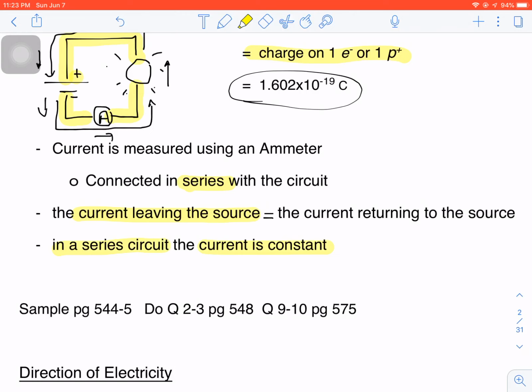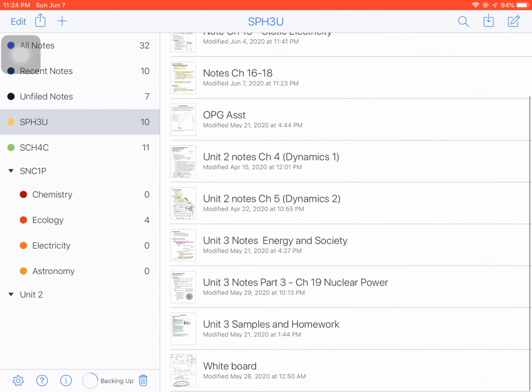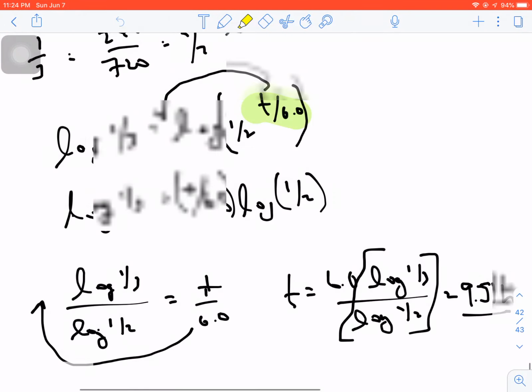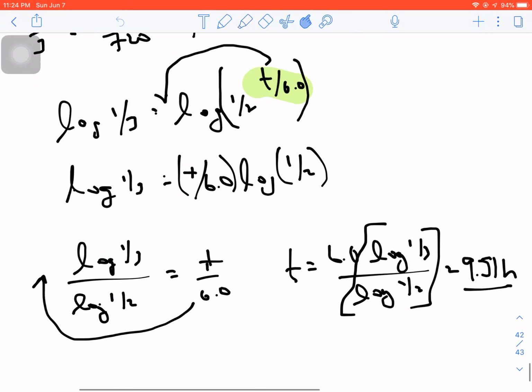There are a couple of samples here in the textbook on pages 544 and 545. So let's just flip to our whiteboard here. Okay, so let's go to our whiteboard, and sample number 1, which is on page 544,